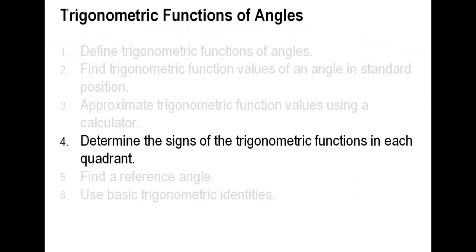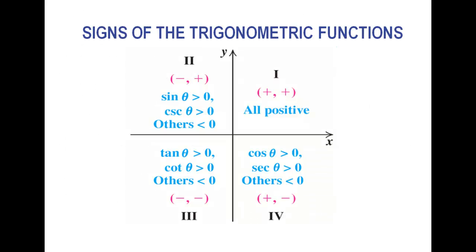How about determining the signs of the trig functions in each quadrant? Well, again, it's a good thing if you have these things memorized. It will save you some time. But if you just remember that cosine is the x, cosine is left and right, and sine is your y. Sine is up and down, and then knowing that